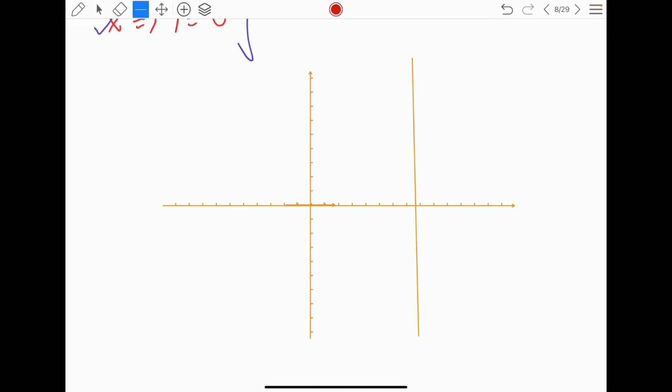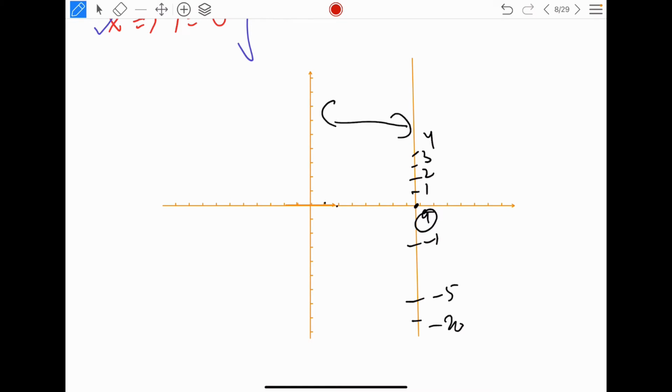Now you already know from your coordinate geometry that if any line is parallel to the y-axis, the x part will always be the same, only the y will change. How to understand this? Simple. Suppose I am taking this point, 1, 2, 3, 4, 5, 6, 7, 8, 9. This is 9. X is 9. Y is changing. Y can be 1, 2, 3, 4, minus 1, minus 5, minus 20, anything. But the x will always be 9. Then only it will be parallel to the y-axis, parallel and equidistant, if the x is always equal to 9.